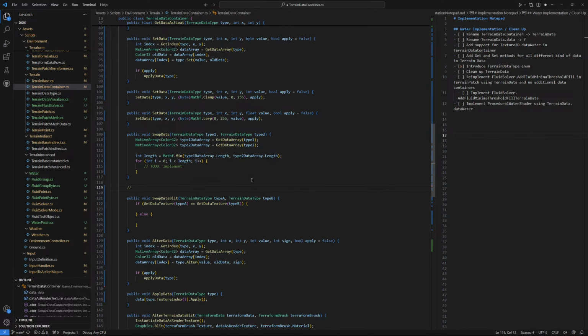Like, let's see here, if we knew which types there were, we could do something like, okay, so if we knew exactly which channels we want to swap, and we knew that they both were in the same texture, then we could probably just do data array is equal to 2, and then we do, for instance, if you wanted to switch G and R,